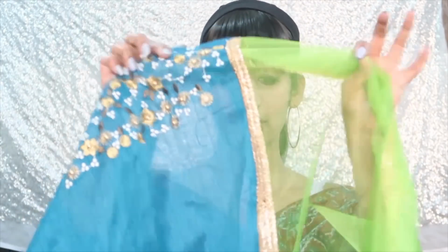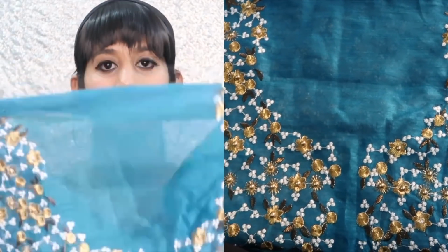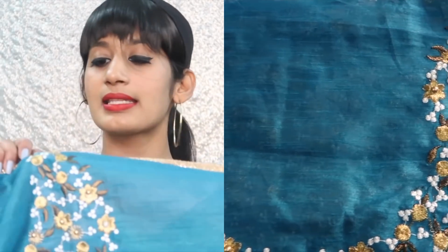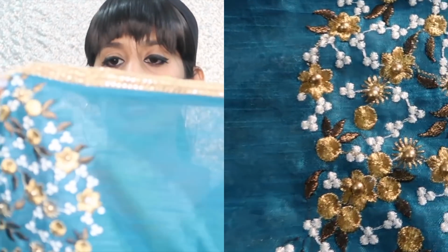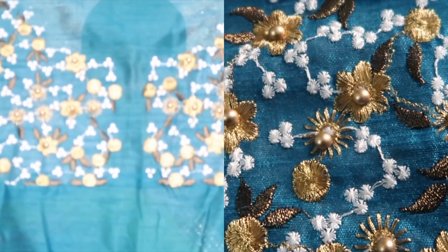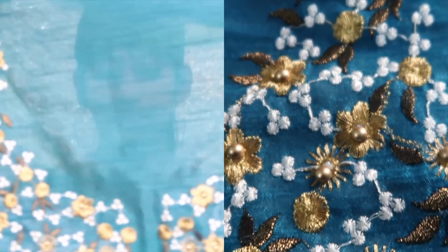The blouse fabric is attached to the dupatta. So again, it comes in the same sea blue color, and they have given this beautiful floral embroidery in golden, white and copper. Again, there's like a golden pearl stuck. So this is the back of the blouse. The design or the embroidery is very clear and nice,